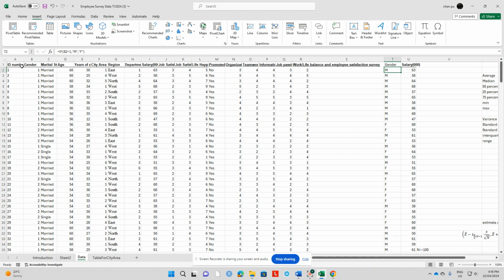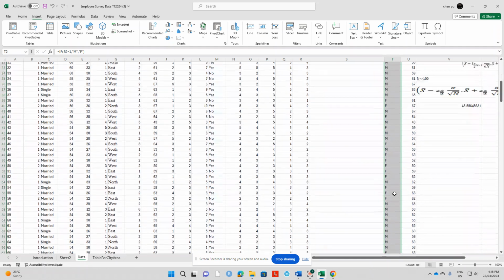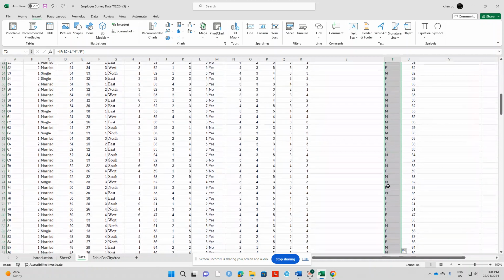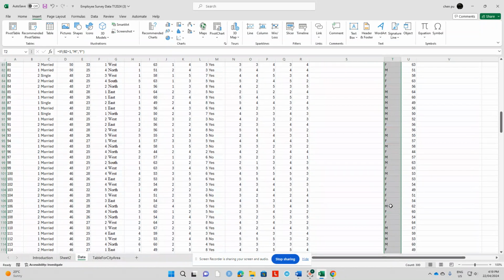I can double click on this corner, get all written. Now you see here, every one is now recoded as M, every two recoded as F for